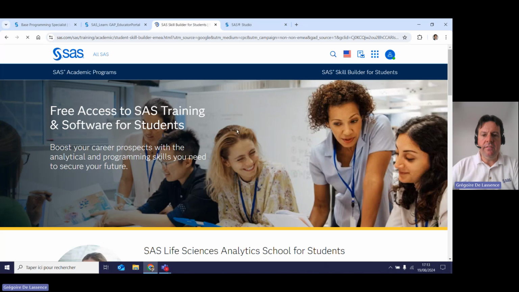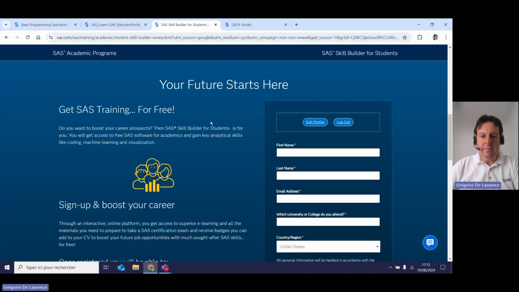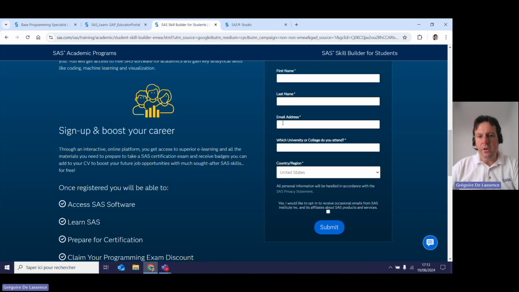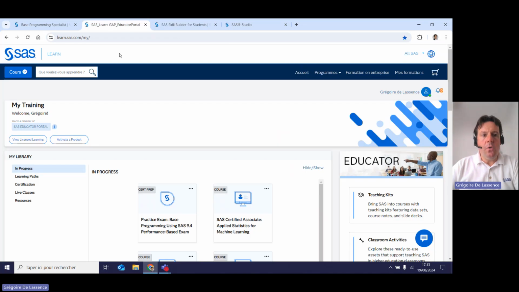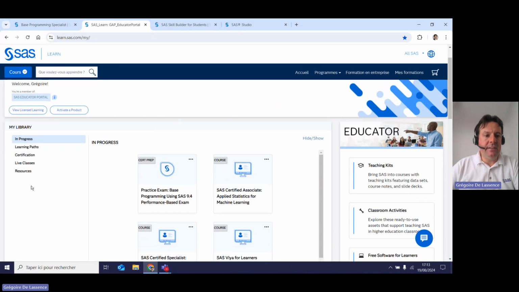It will not work if you are not using an email from an academic institution. So you put in the email from the university where you are studying, and when you click submit, you will get an email to validate your email, and you will be allowed to create your own password. When you have such a profile, you can access SAS Skill Builder, and in SAS Skill Builder there